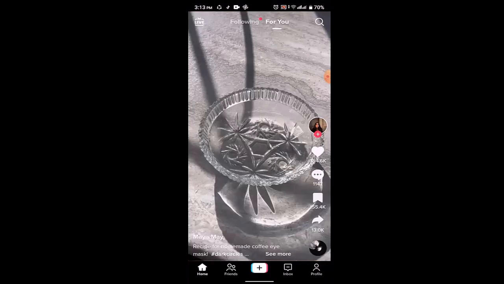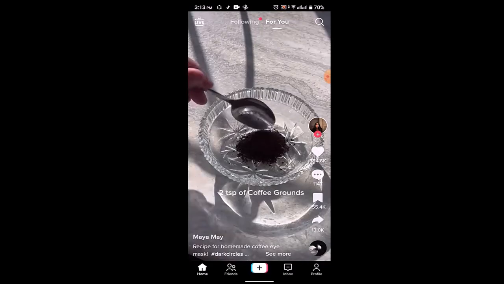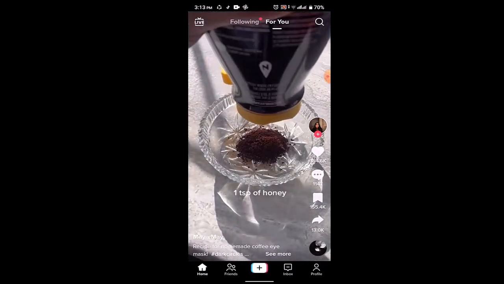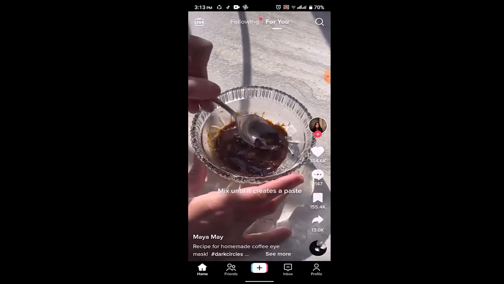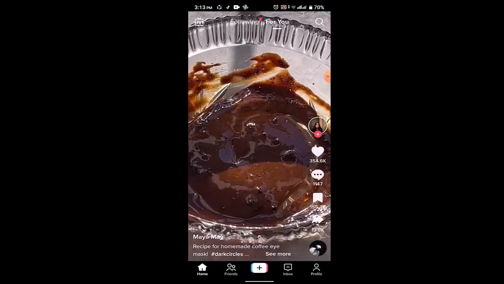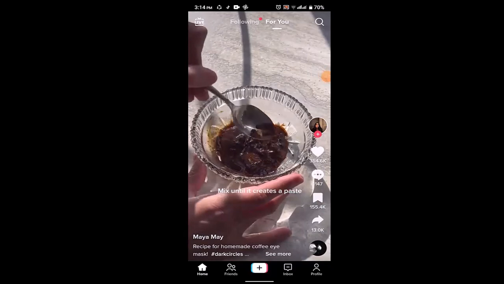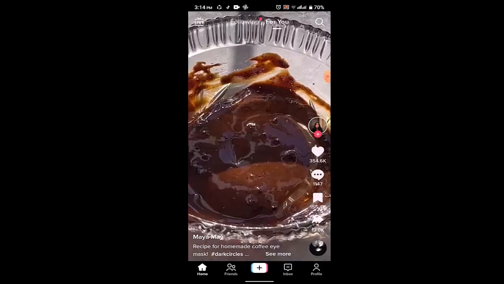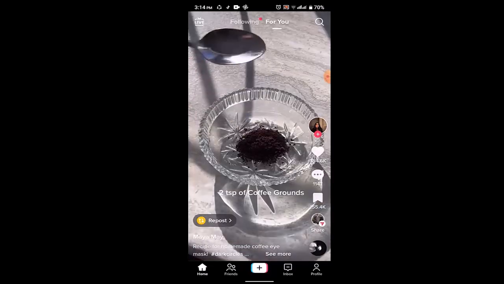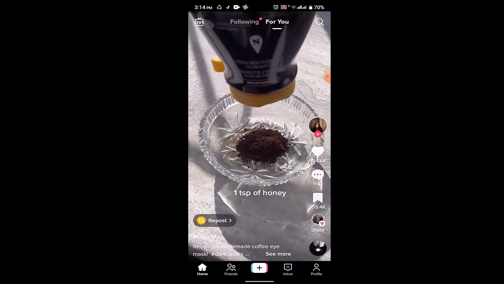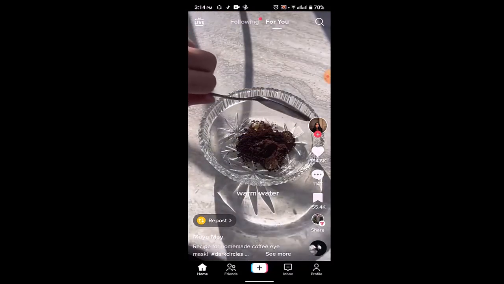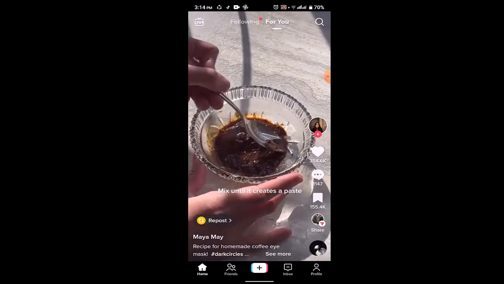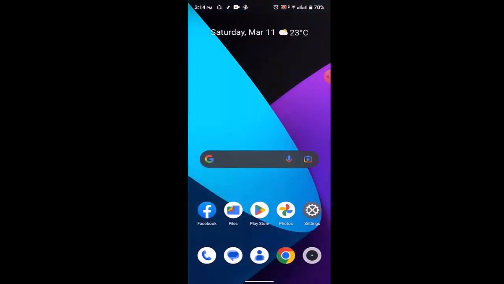And now, for example, let's say that if you're trying to post a content on a TikTok account, you're unable to post it because of your resolution. So TikTok only supports up to 1080p, which is 1080p pixel, and it does not support a video resolution that is above 2K or 4K. So if you're unable to post a content because of your resolution, which basically means that your video resolution is above 1080p. In order to fix it, what you need to do is you need to download a third-party application